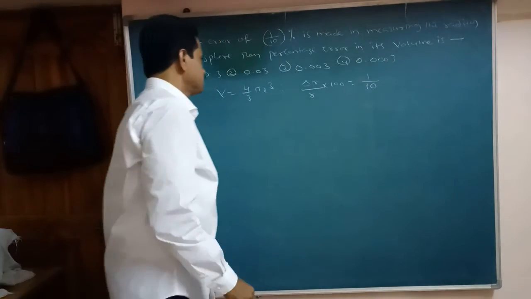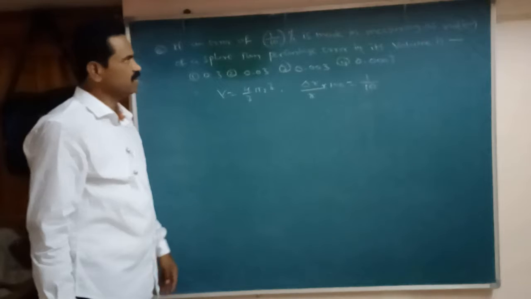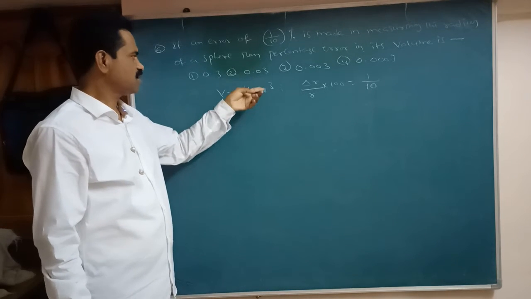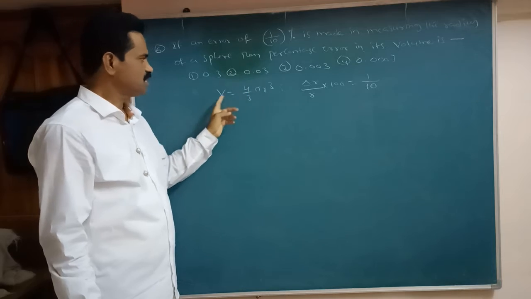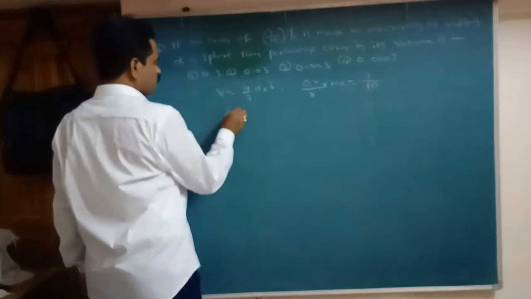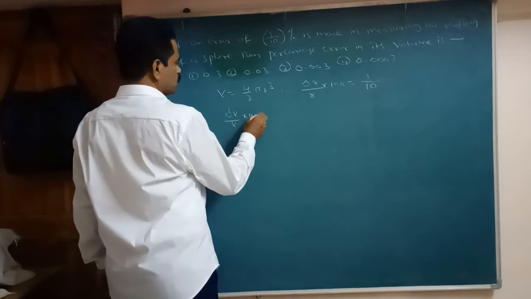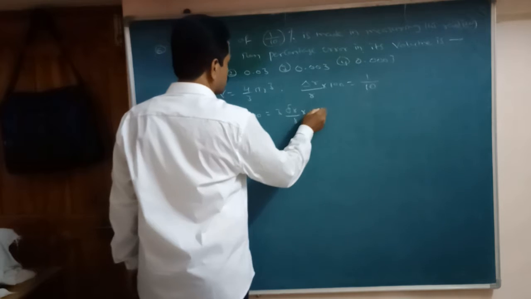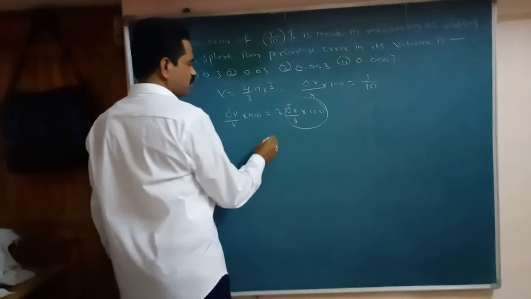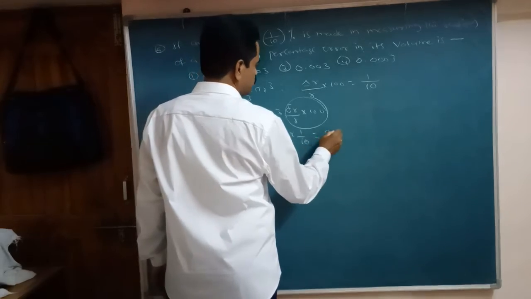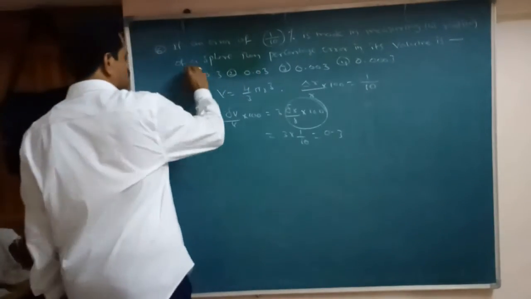1 by 10 given. So we already know that, in shortcut, we can write it as a constant. No need to consider the constant, then only the degree we consider here, that is delta V by V into 100 equal to 3 into delta r by r into 100. So delta r by r into 100 equal to how much given? 3 into 1 by 10. 3 by 10 is how much here? 0.3. First option.